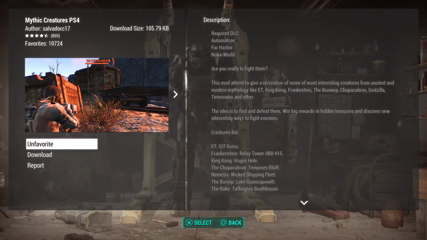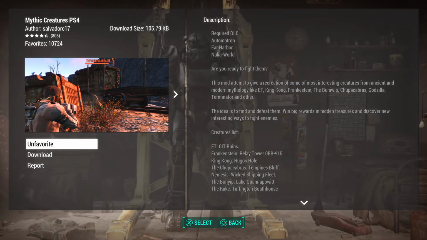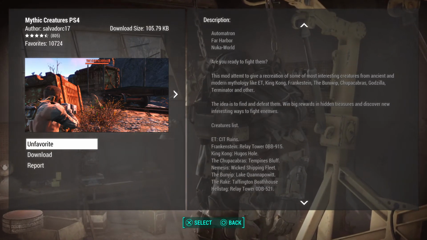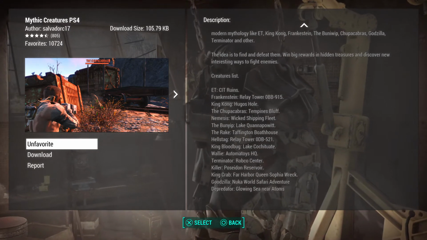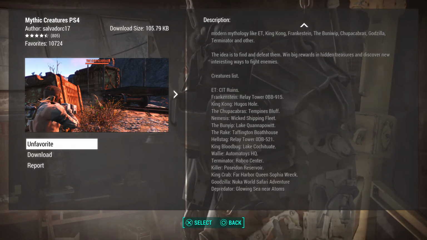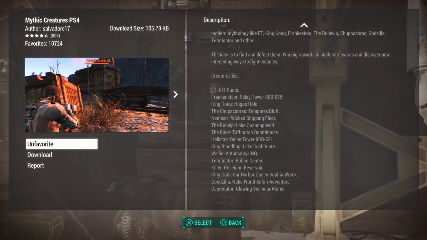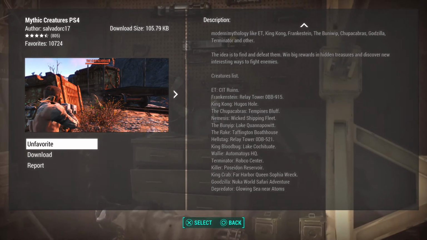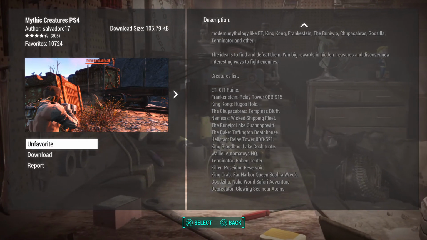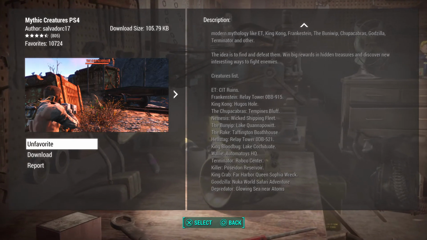Okay. The idea is to find them and defeat them. Win big rewards in hidden treasures and discover new interesting ways to fight enemies. E.T. you'll find in the CIT ruins, Frankenstein at the Relay Tower 0 BB 915, King Kong on Hugo's Hull, poor guy, the Chupacabras of Ten Pine Bluff, Nemesis from Resident Evil, Wicked